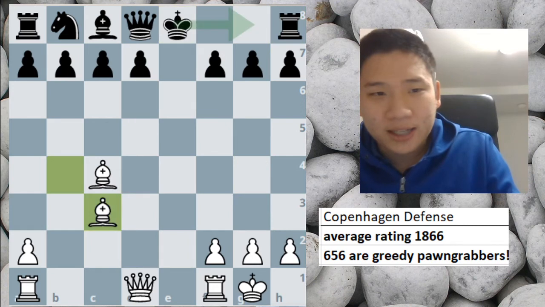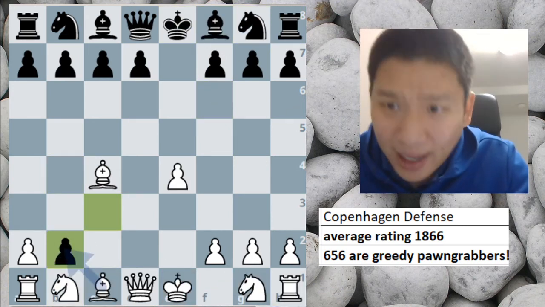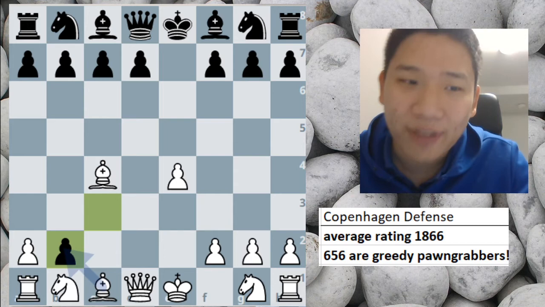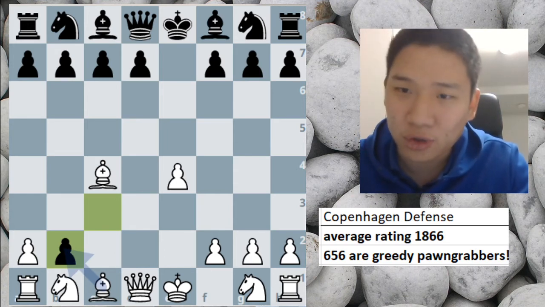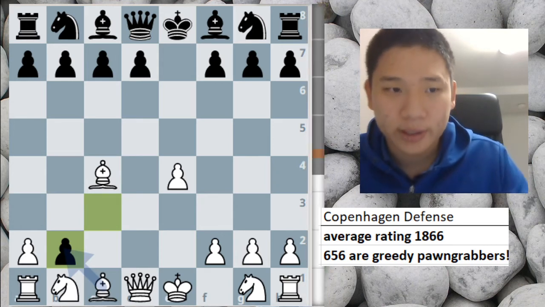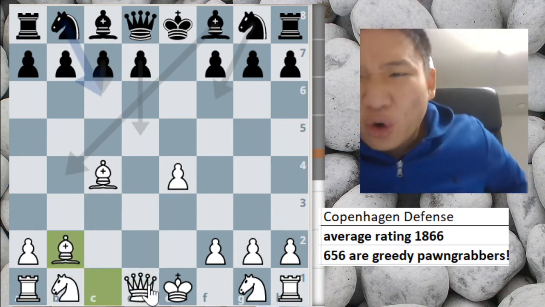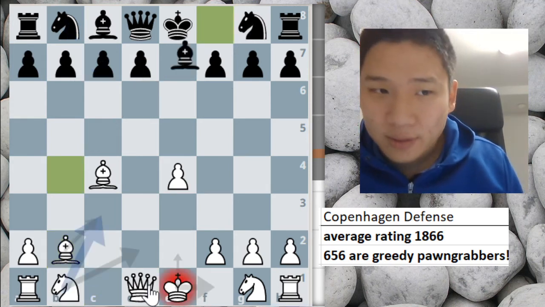So let's check this with the engine. I know I use the engine a lot, but I always analyze my games first without the engine. I analyze other people's games without the engine, and then I analyze with the engine because sometimes you overlook stupid tactics. So let's go with the evaluation bar. Stockfish doesn't like the sacrifice in the beginning,